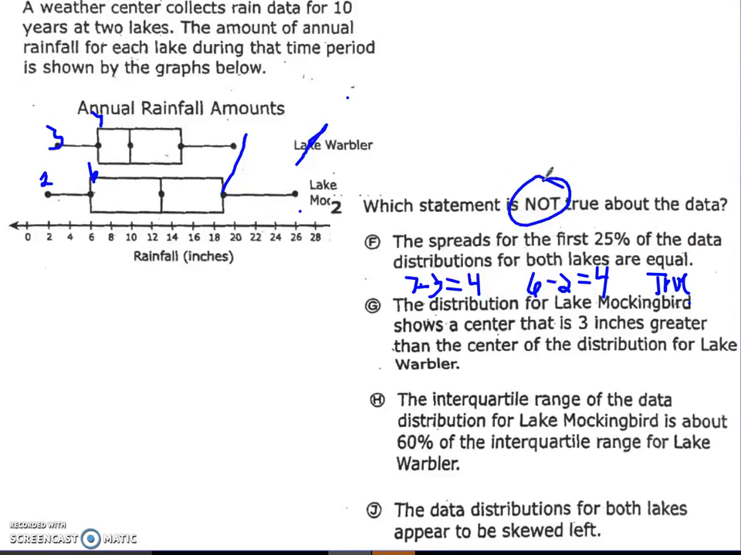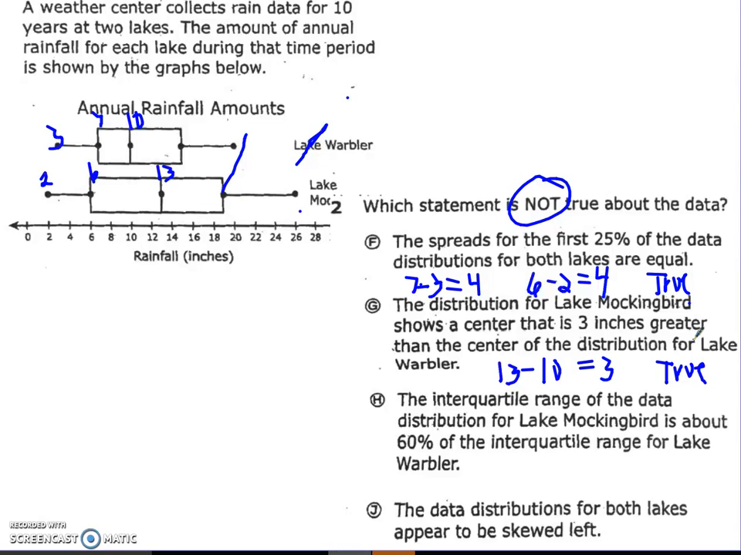The distribution for Lake Mockingbird shows a center that is 3 inches greater than the center of Lake Wobbler. Okay, so this center looks to be at 10, and this center looks to be at 13. 13 minus 10 is 3. That is true. The interquartile range of the data distribution for Lake Mockingbird is about 60% the interquartile for Lake